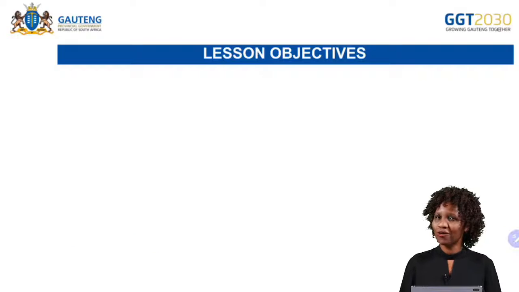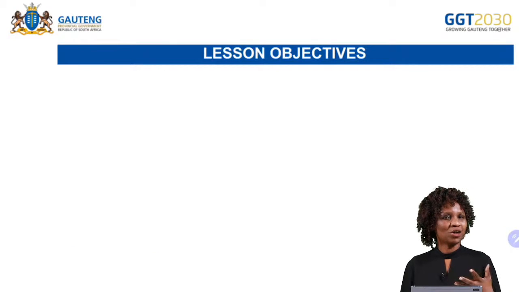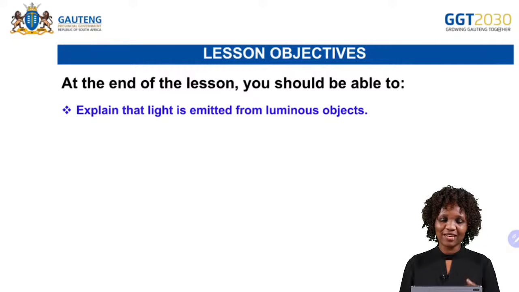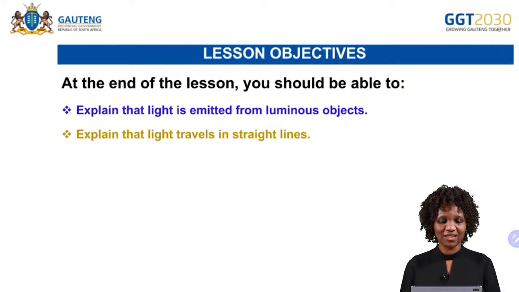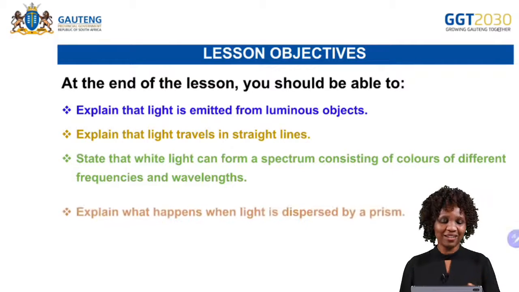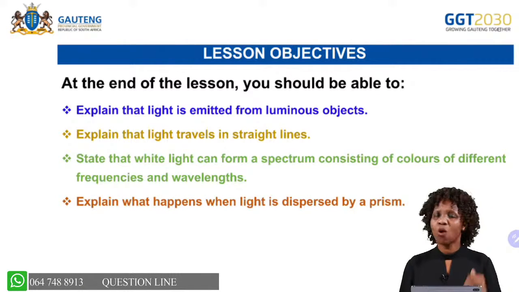First of all, let's look at our objectives. That's our goal today. We want to achieve something. What are we going to achieve by the end of this lesson? We are going to explain that light is emitted from luminous objects. And we're going to explain that light travels in straight lines, grade 8. And we are going to state that white light can